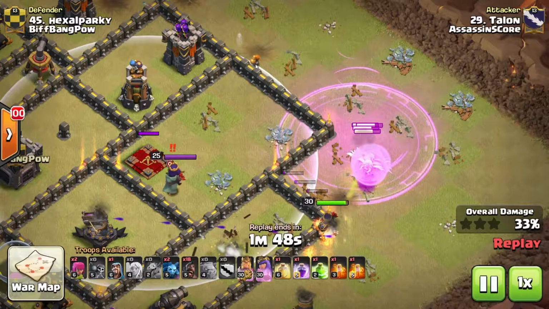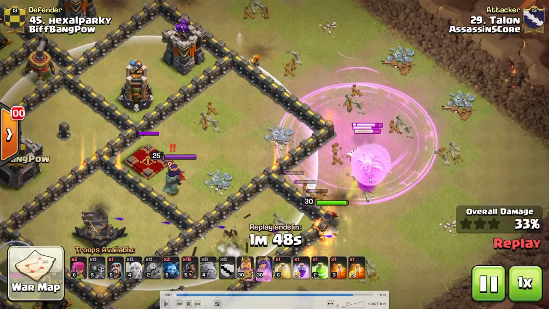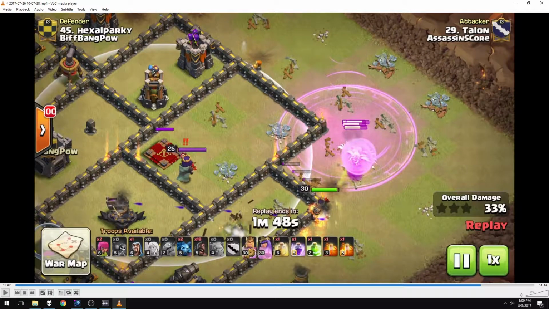The only difference is he's on the top half of the map, and the queen was on the lower half. And not even, actually, was she? No, she was on the top half as well. Not by a lot, but...